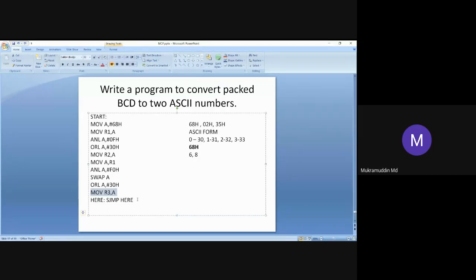Okay, only one response I got. Why only one response? What about others? Everybody understood this program? Yes, sir. Everybody clear with packed BCD and unpacked BCD and ASCII numbers?